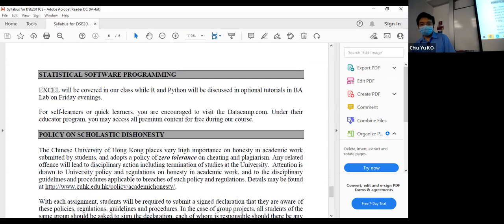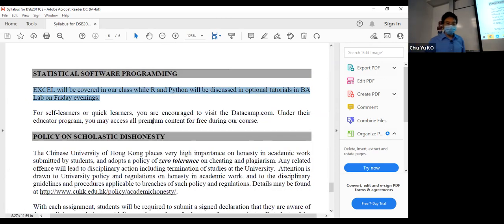And as I said at the beginning, for software programming, although Excel is not very sophisticated, for business applications a lot of people still use Excel. It will not be going away within 10 years at least. Although if you want to do data science, you should expect to learn some R and Python. C or C++ or other software might be helpful, but it's usually overkill. Python and R should be sufficient.